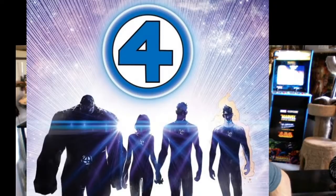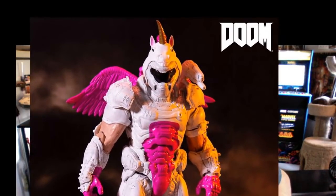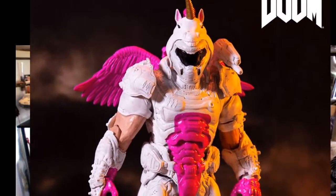Now Mezco had a couple other 1:12 Collective reveals, which I'll get into here in just a bit. I don't think it's next up here, but definitely going to be talking some more Mezco 1:12 here in a minute. But next up here, we've got this very strange Doom Corn that they're calling it,